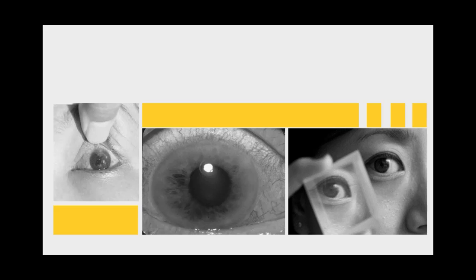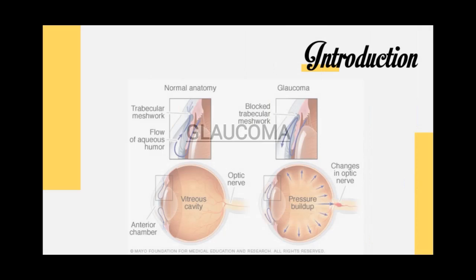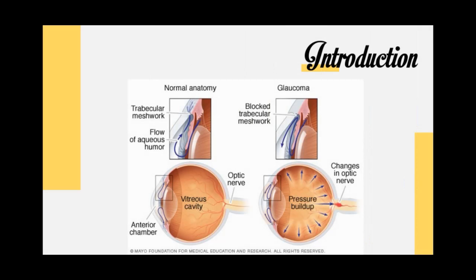This presentation will provide brief and concise information about acute angle closure glaucoma. In general, glaucoma occurs as a result of increased intraocular pressure caused by a malformation or malfunction of the eye drainage system. Normal intraocular pressure is 8 to 21 millimeters mercury. The increased pressure causes compression of the retina and the optic nerve and causes progressive, permanent loss of eyesight if